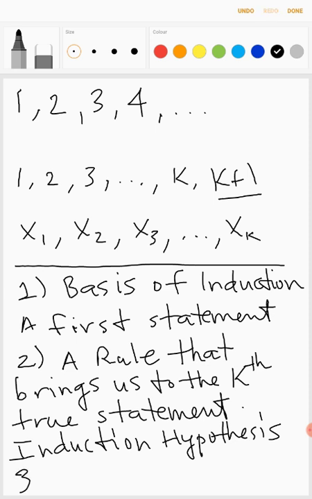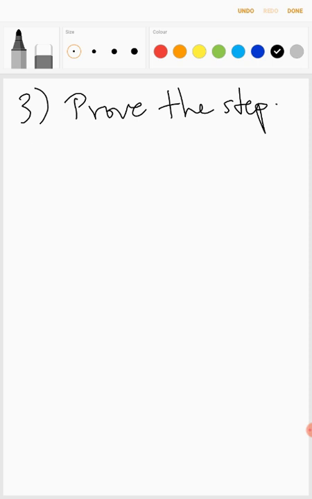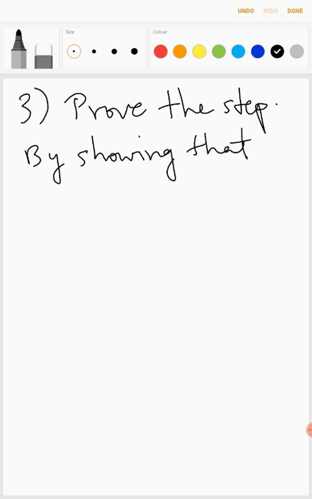And the last step is to prove the induction step, by showing that